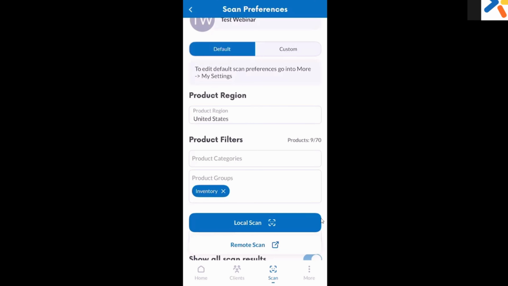If you select local scan for a client, then once you touch it, you hand your phone over to them and they will run the scan with your phone. If you select remote scan, what that's going to do is send them the scan so that way they can run the scan using their own phone. So let's go ahead and touch remote scan,